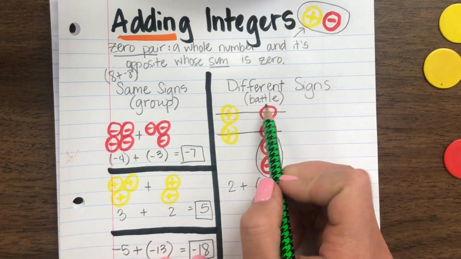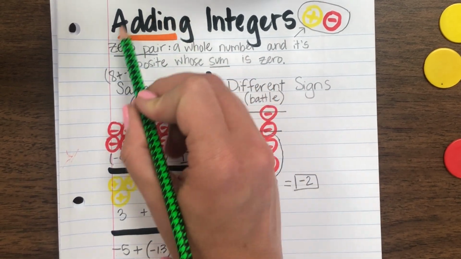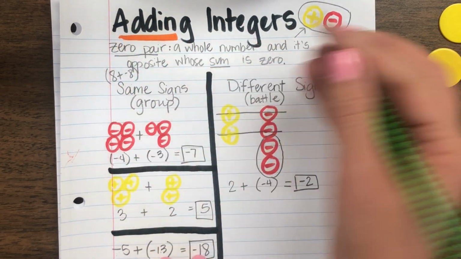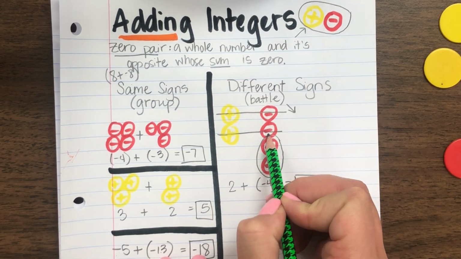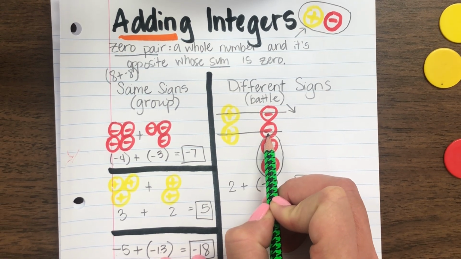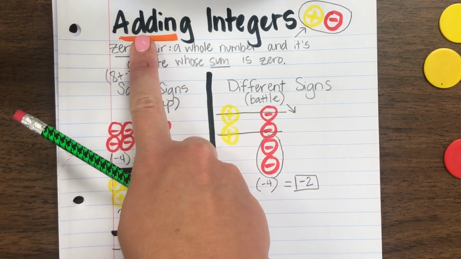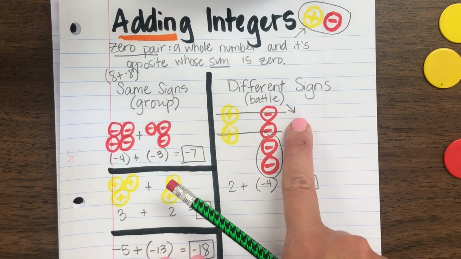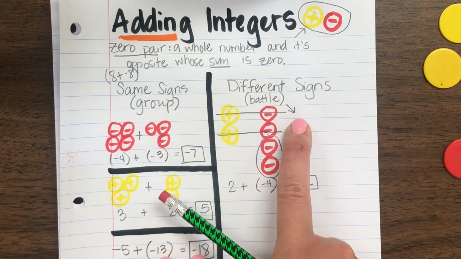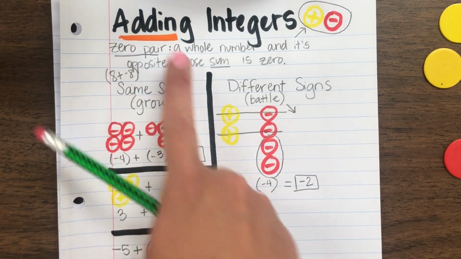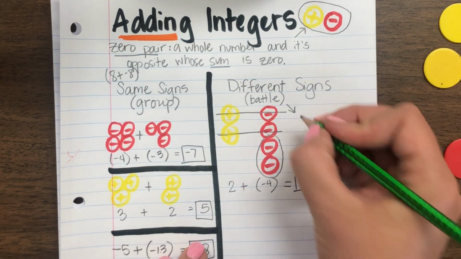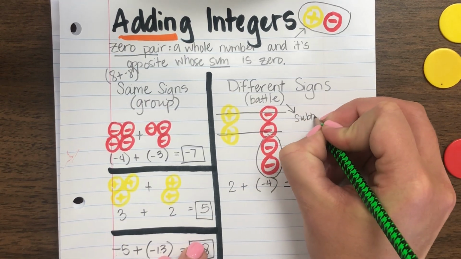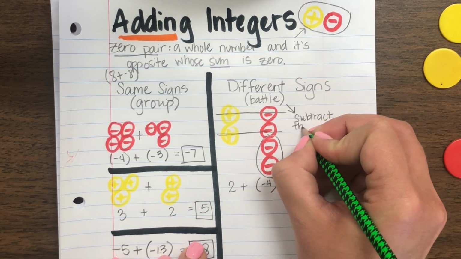What you're going to do when you have different signs and you're adding, again, this is an addition problem, but because we have to take out our 0 pairs, well, what operation do we have to do when we take something out? Probably thinking subtraction, right? Is this a subtraction problem? No. Am I doing a tiny bit of subtraction within the problem? Yes. So is it a subtraction problem? No. Do I have to take some things out to solve this addition problem? Yes, I do. So we're going to subtract their absolute values